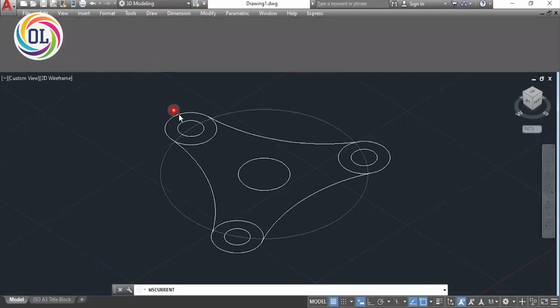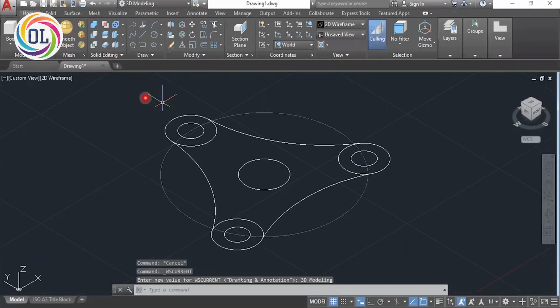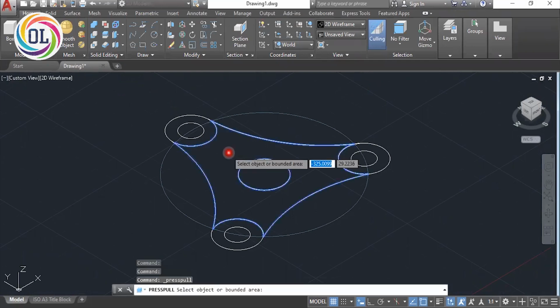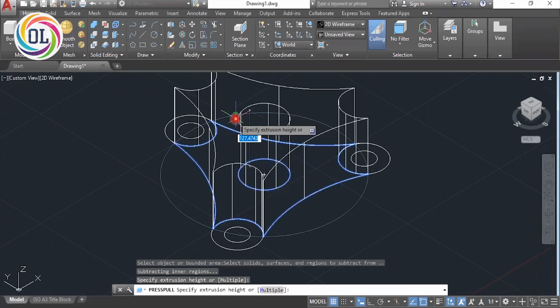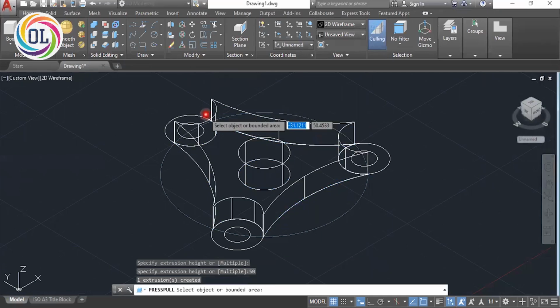So this is 3D modeling. What I did is convert our ribbon bar into the basic 3D modeling features. Just click on the internal region of my geometry and create a 3D solid directly by giving a height in the Z direction.